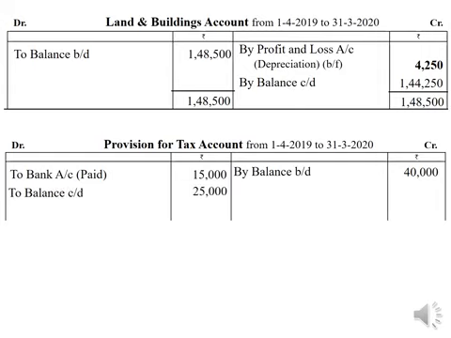So recorded the closing balance, to balance carried down 25,000. It amounts to a total of debit side amounts to 40,000. Transfer it to credit side. So there is no balance on credit side because opening balance was rupees 40,000, out of which 15,000 tax was paid during the year. Balancing figure is 25,000. It tallies. So no new provision for tax was made during the year.